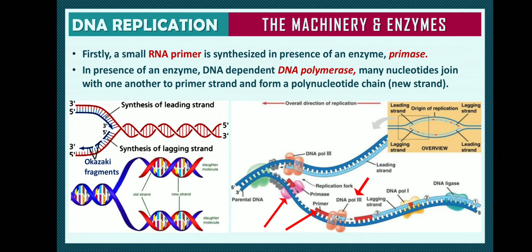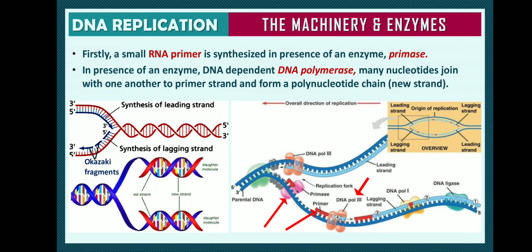an enzyme called primase. The enzyme primase will provide the 3 prime end at both sites, either in the leading strand or in the lagging strand. In the leading strand only one primer is enough because it forms a 3 prime end and goes on extending. Whereas in the lagging strand, one primer will be added, so a 3 prime end will be available. It goes on adding until the next primer comes. Again the next primer joins. This way the lagging strand needs many primers for the extension,